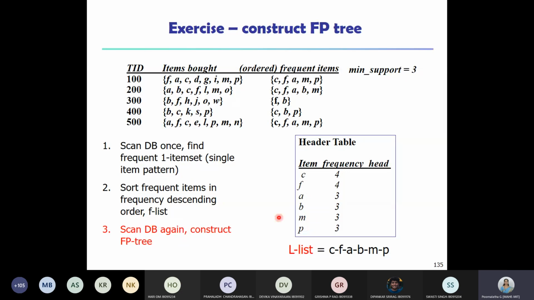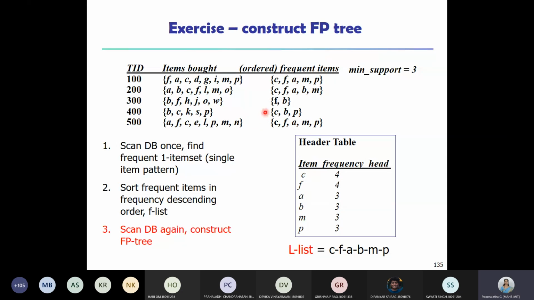You can see that in the previous example, all the 5 items were frequent. So we had all the items. In this example, if you observe, item I is not here because item I is not frequent, right? This is the items based on the list L. So this contains only the frequent one items. Items which are not frequent would not be a part of these transactions. This is the transaction arranged based on the list L.